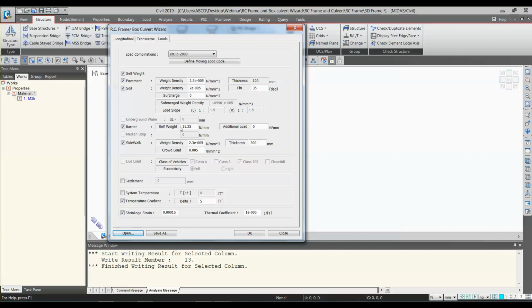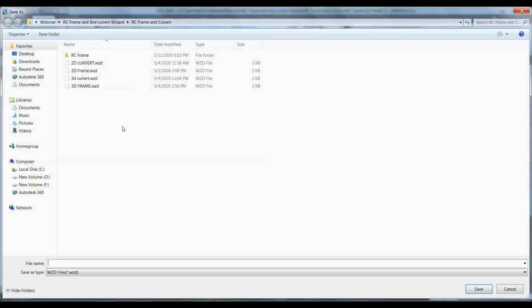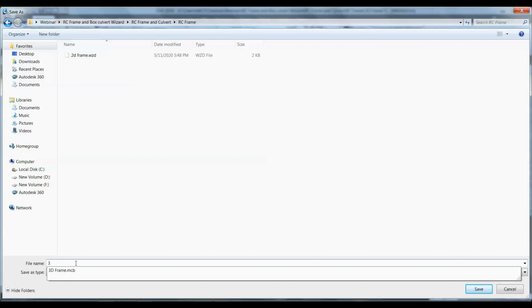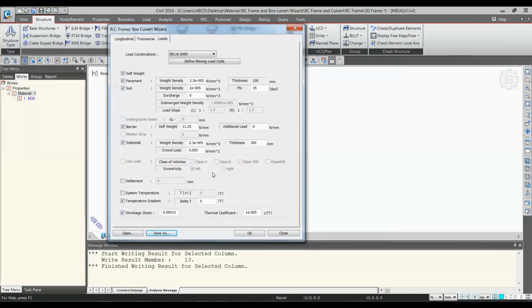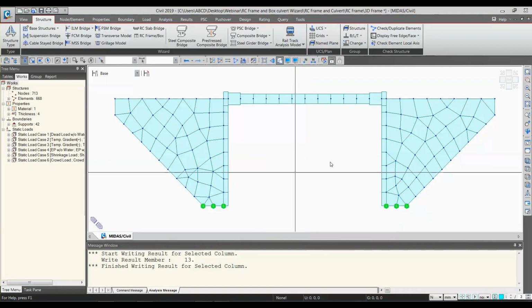Depending on the width of crash barrier, it will convert the UDL into area load. Okay, so I'll just click save as this file as the 3D frame, and click on OK.